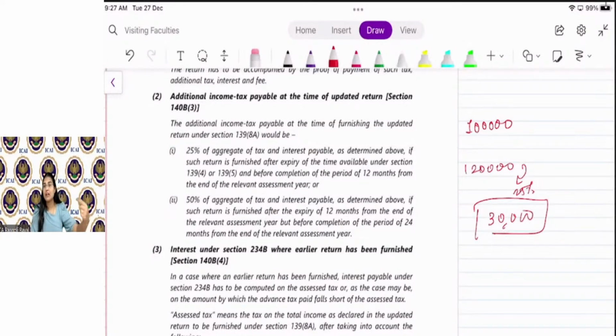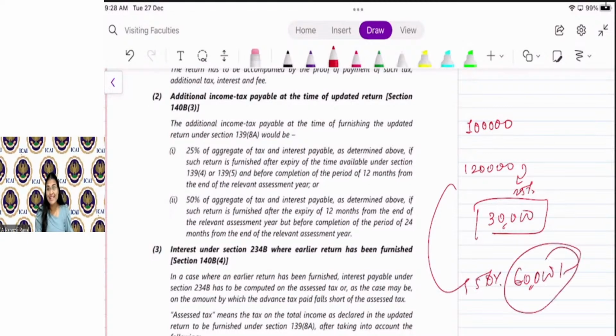So I have to pay 1,50,000 if I am filing updated return within 12 months from the end of relevant assessment year. And 50% of aggregate tax, that is 50% of 1,20,000, that is 60,000 in our case, I need to pay additionally over and above 1,20,000 if I am filing